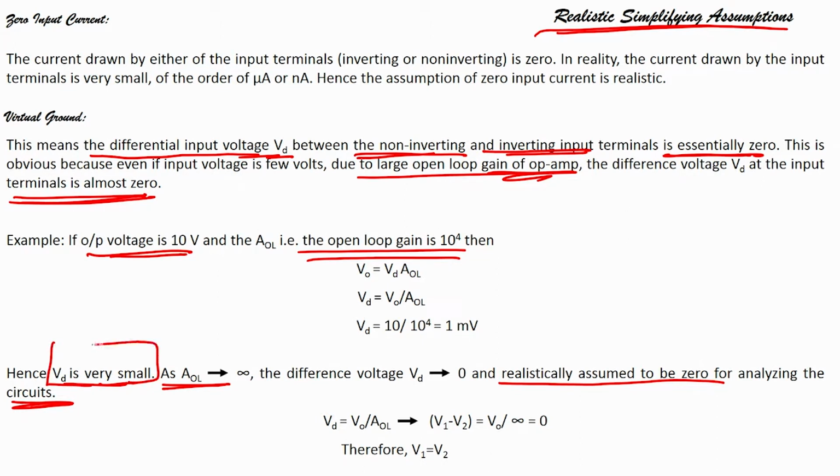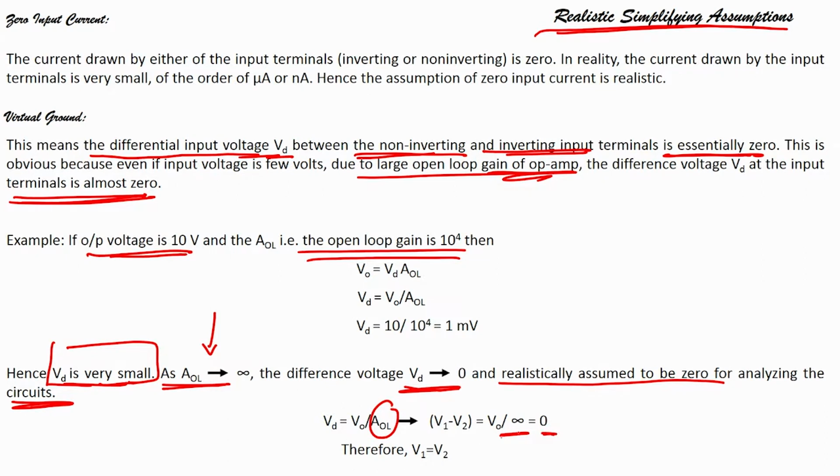Vd is very small, and as AOL tends to infinity, the difference voltage Vd will become 0, and we realistically assume 0 for analyzing the circuits. So, that means that this is also a realistic simplifying assumption, which is the virtual ground. Let us further see. If I put infinite as AOL value,